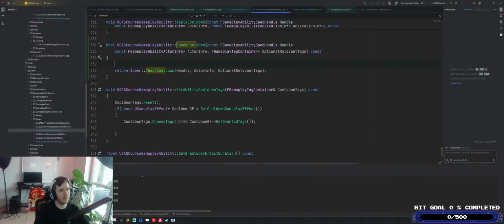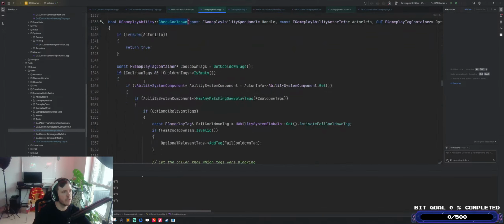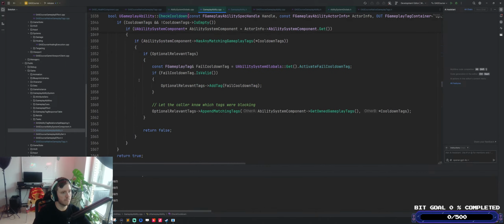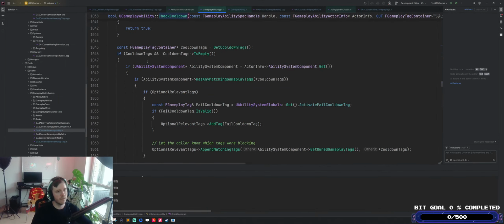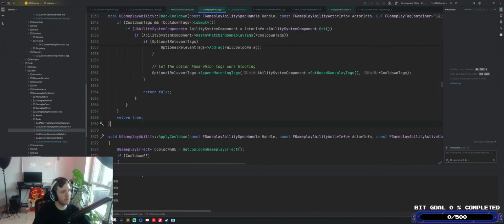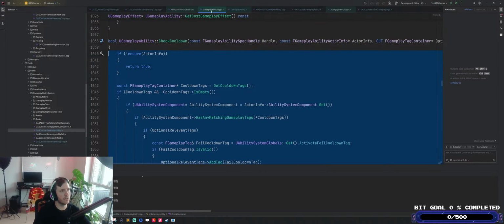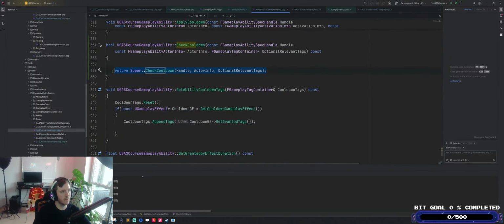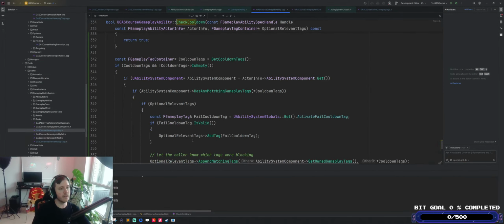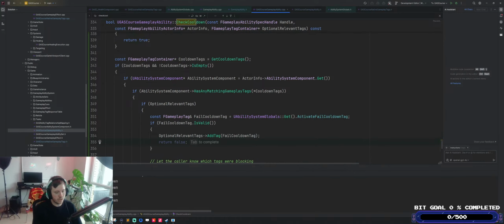But I want to send a gameplay event here. Because I wonder if it's best. Instead of doing super, let me copy this, and then just make my own. So I get down to here, and this is where I would want to construct my event. So I wonder if I can just say,